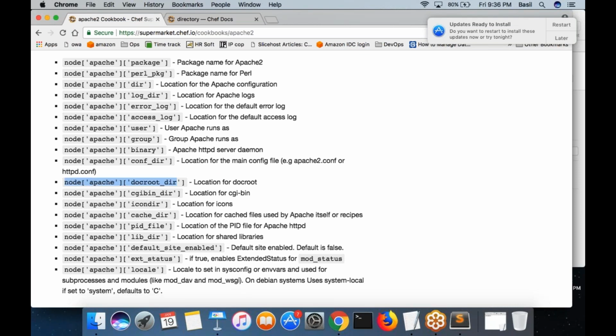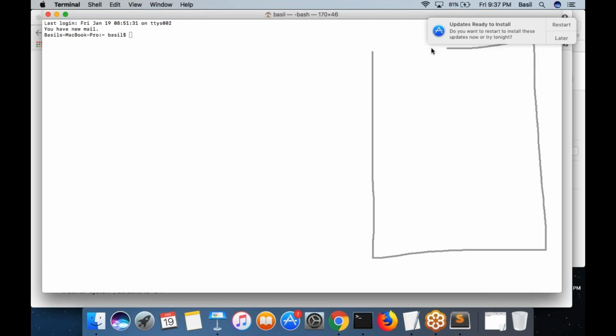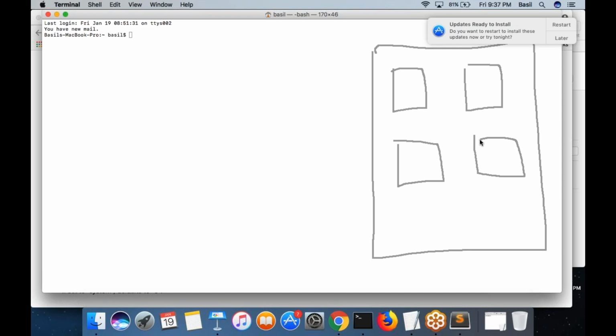So like this you can mention different attributes, which is always a good idea, right? Maybe think about this situation. You have a number of machines in your infrastructure, and there are a number of machines which are running Apache. You want to add a new website to all the machines, right? There are 100 Apache machines. To all 100 machines you want to add a new website.